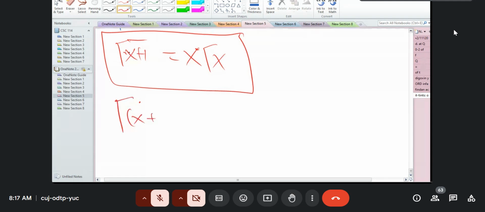Gamma of x plus 1. From definition of the gamma function, gamma of x is the antiderivative 0 to infinity e minus t raised to x minus 1. But in this case, we are having gamma of x plus 1. So in place of x,